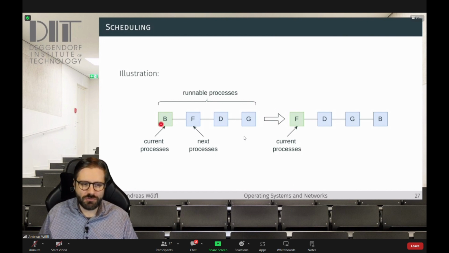If the time quantum is up, then the operating system takes away the CPU from B. B gets put at the end of the list of runnable processes. We assume that these 4 processes are able to run. These are the runnable processes. And B gets put at the end of the list of runnable processes, and the CPU is assigned to the next